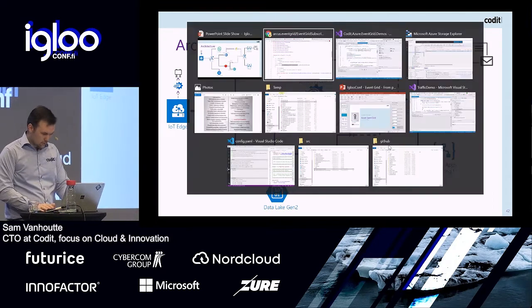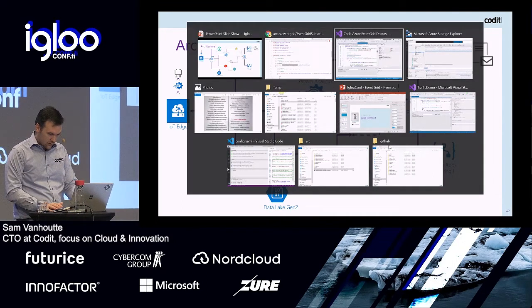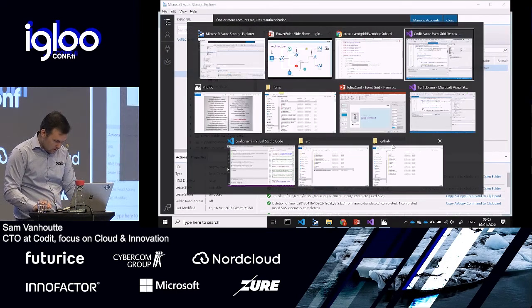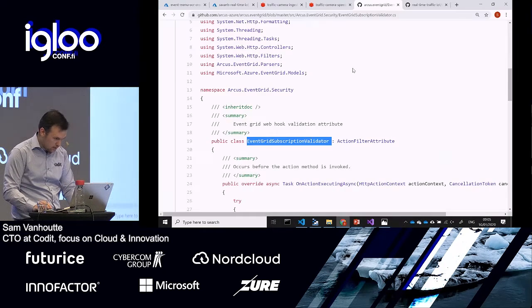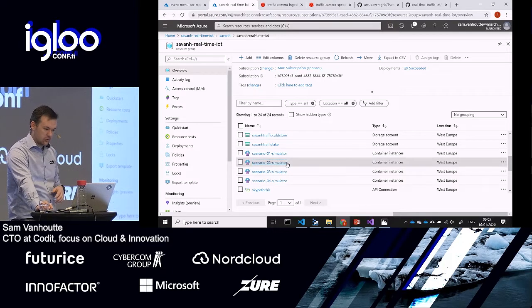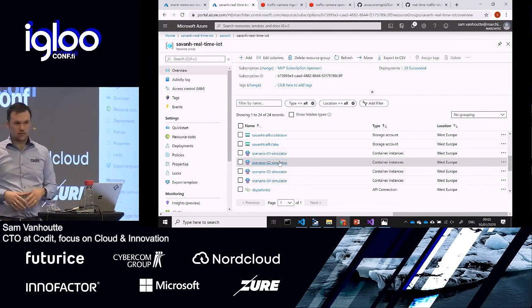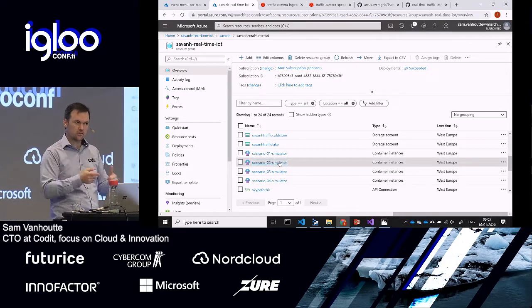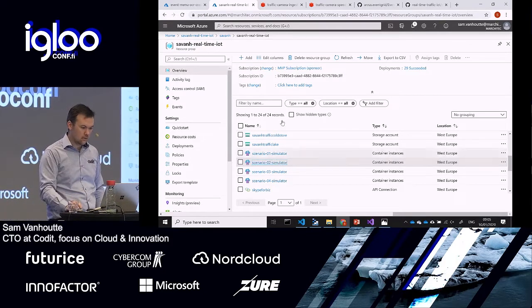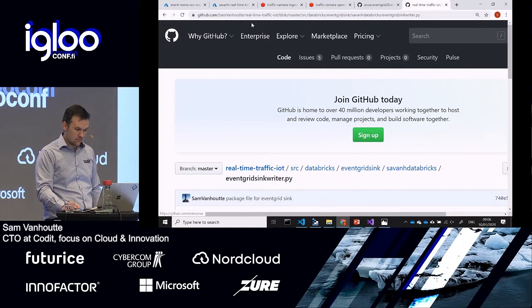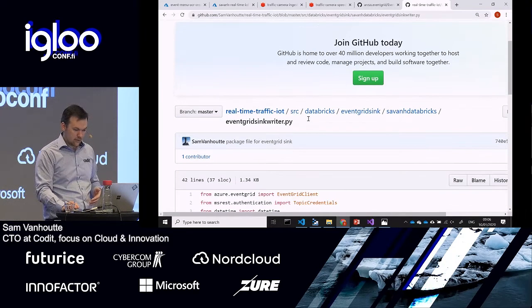Okay? So if I go to the actual scenario, here's the portal. That's also interesting for you to know, if you want to play with this scenario, because it opens up a lot of other types of things if you want to do stream analytics and so on. I also made that open source. So here on my own GitHub, I have this project where you can just download these things.